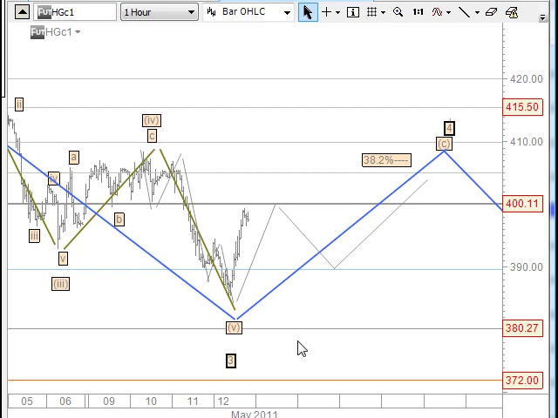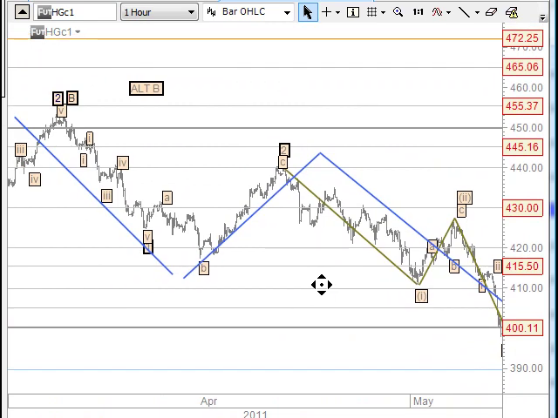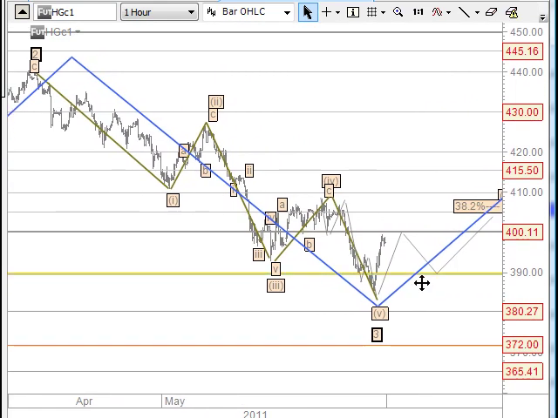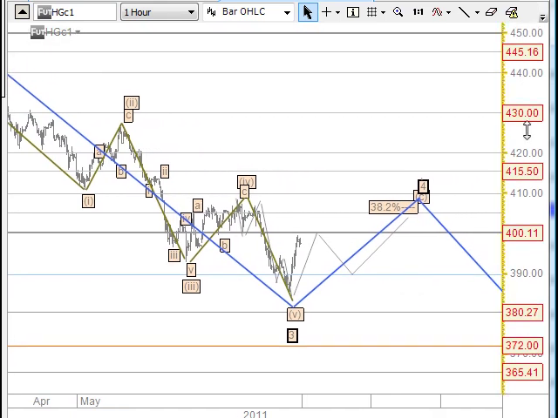All the tricky ones occur in the fourth waves, where wave 2 is normally quite simple. Especially if wave 2 is simple, then wave 4 will be complicated. So we can actually come back in here and we can look at wave 2 here, and that was actually quite simple. So that means that we'd have to expect this one to be complicated. It's the same as this one here. This one here was reasonably simple in terms of an A and a B and a C, where this one was more complicated. So it's a guideline of alternation, which is in nature itself.